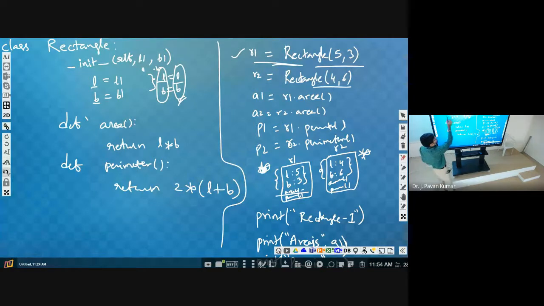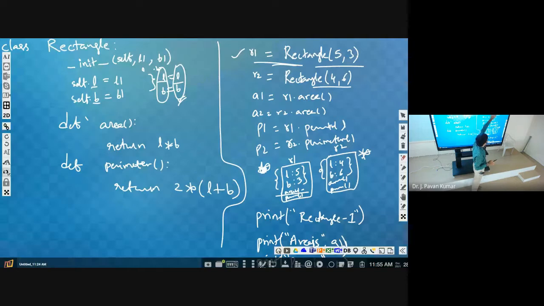Okay, here into this particular object we wanted to store L value as L1, self dot B value as B1. So what does it mean? Whatever the object we are creating, that object by default will be considered as self object. Then into that object we wanted to initialize these two values: self dot L is equal to L1, self dot B is equal to B1. Here we need not pass anything, keep that in mind.